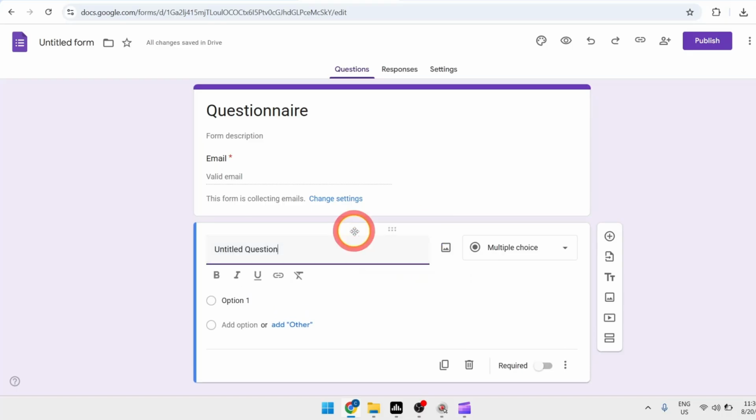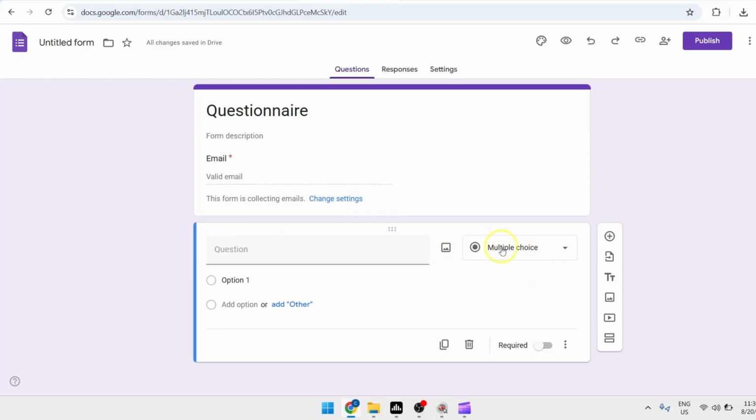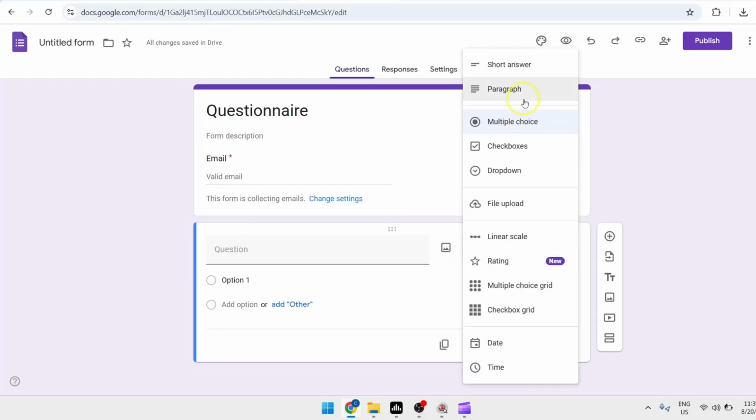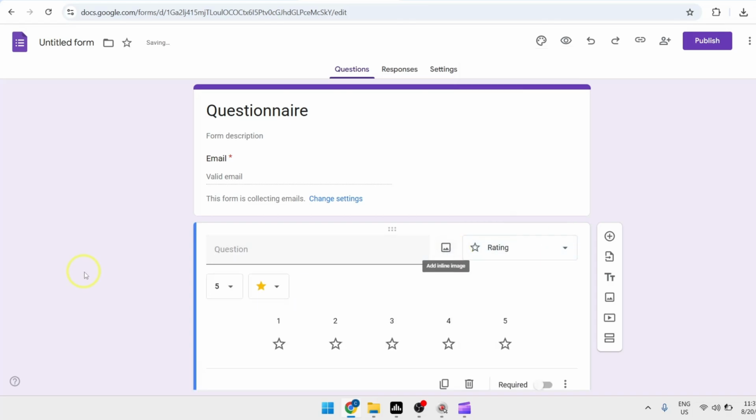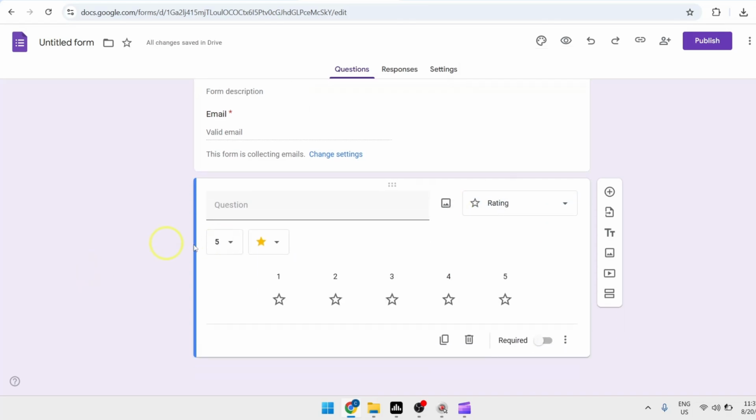Just fill out the fields with the question. You can also change the answer type. Typically, for questionnaires, multiple choice and even rating is used. You can also change the maximum number of stars for rating up to 10. You also have an option to toggle required on if this specific question is required to be answered by the